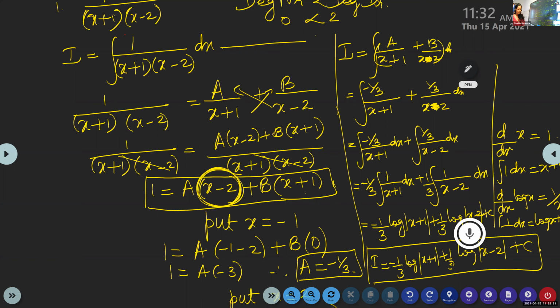Is it clear, children? Is the method okay? Aparna? Yes, ma'am. Okay, children, now you copy it and check which step you are not able to do. It's an important method. The method is the same in all the questions.